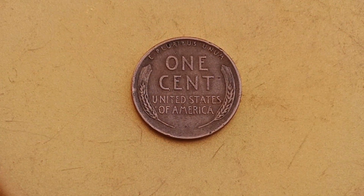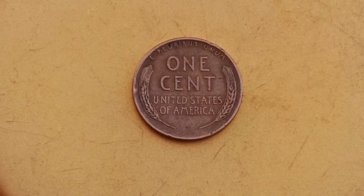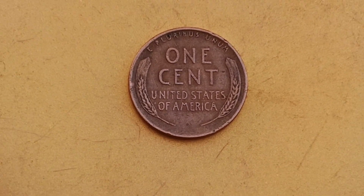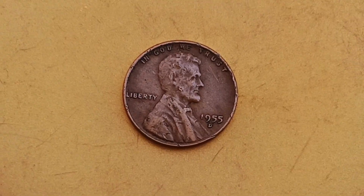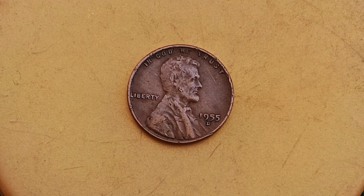The word powerful is not poetic exaggeration. It is a reflection of how a 1955 D Lincoln Wheat penny can dominate an entire catalog session when an exemplary specimen crosses the block. Phones lift. Paddles stop trembling. Bids do not rise in tens, they leap in hundreds. Dealers who enter to buy something else abandon their prior targets to chase this piece when its surfaces and story align. Even a coin with crusty surfaces and century-like age can pull spectators into the tension because they understand the